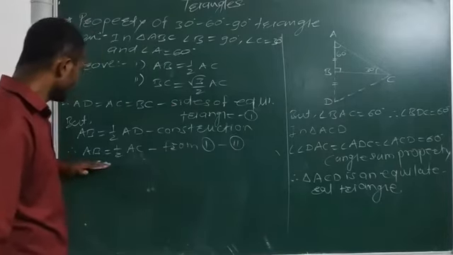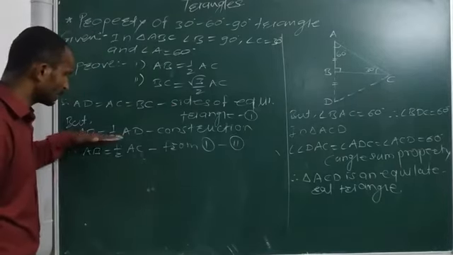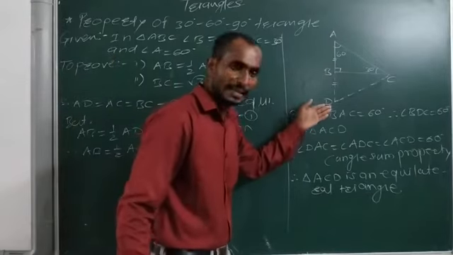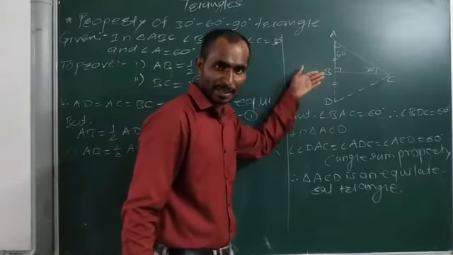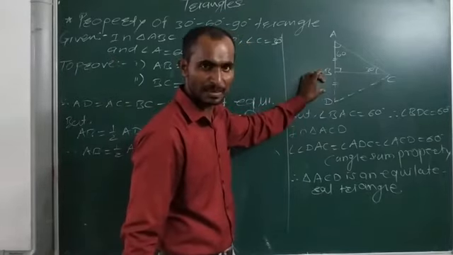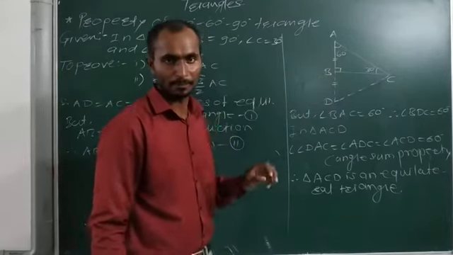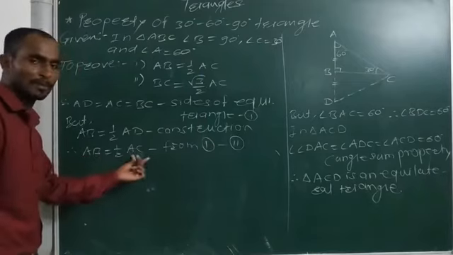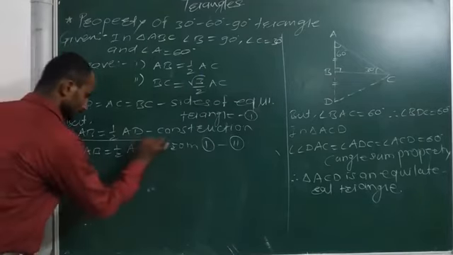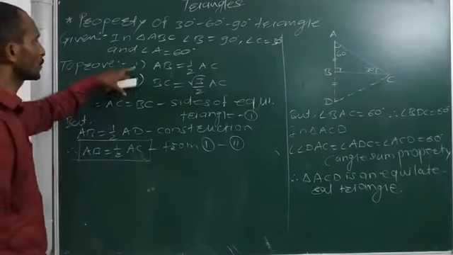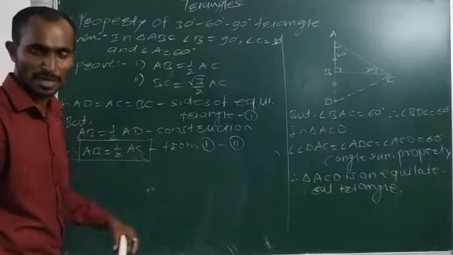Because we have already taken that AB equal to half of AD, because we take point D on extended segment AB such that AB equal to BD. It means B is the midpoint of AD and AB is half of AD. So that's why AB is also half of AC. So this is your first proof. Now we are going to prove that BC equal to root 3 by 2 times of AC.